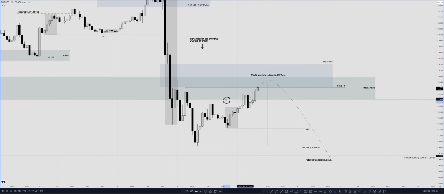Price ran the buy side liquidity, gave a reaction, trapped a lot of early short sellers right here, ran some sell side liquidity on execution time frames and the 15-minute time frame, dropped right into the 15-minute bullish order block, and after that it started shifting to the upside right here, taking out the buy side liquidity and running right into the 4-hour fair value gap, which was our main draw on liquidity